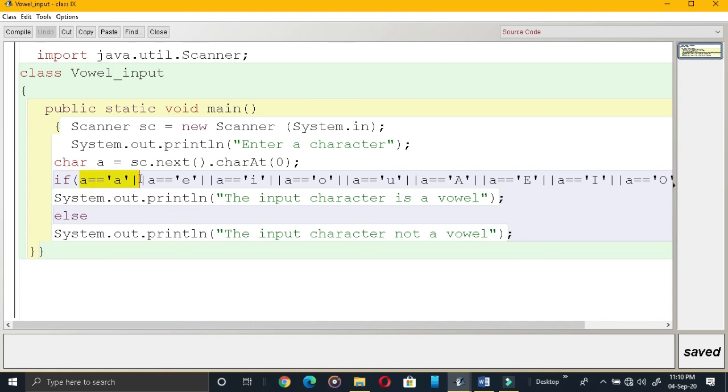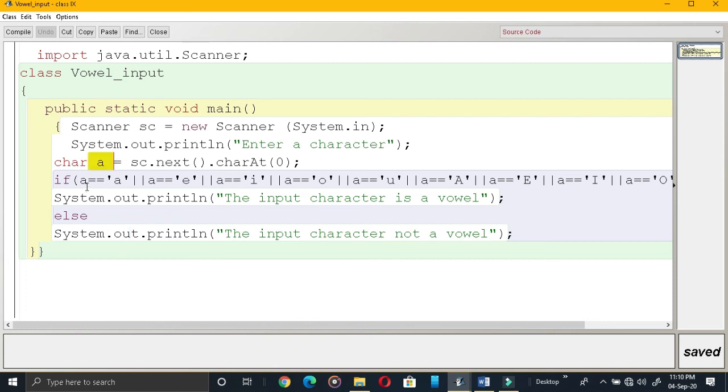Okay, and here also it will be checked. Here also this all will be checked. If any one of these particular statements evaluates to true means the whole expression will be evaluated to true. Then suppose this is true, then this will be executed. What is the execution? The input character is a vowel. Else the output will be printed as input character, not a vowel. Now consider I am giving the character here as I.